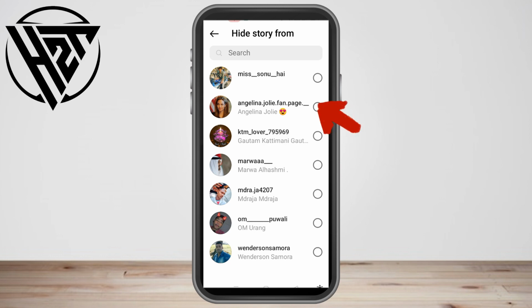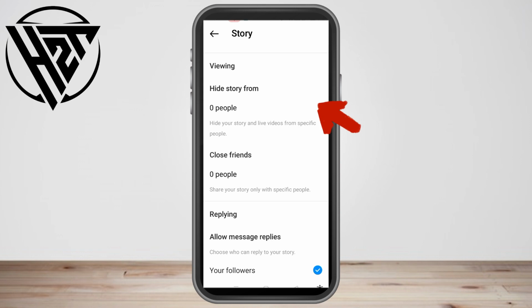And in order for you also to unhide, you just have to simply uncheck this one. But this one is for a specific story. And if you want to do this to all of your story and features, what you're going to do is